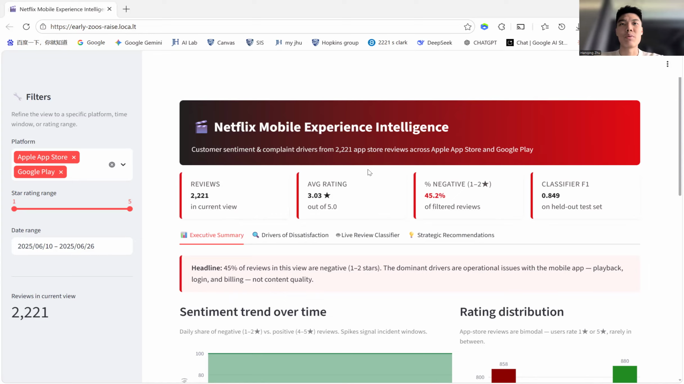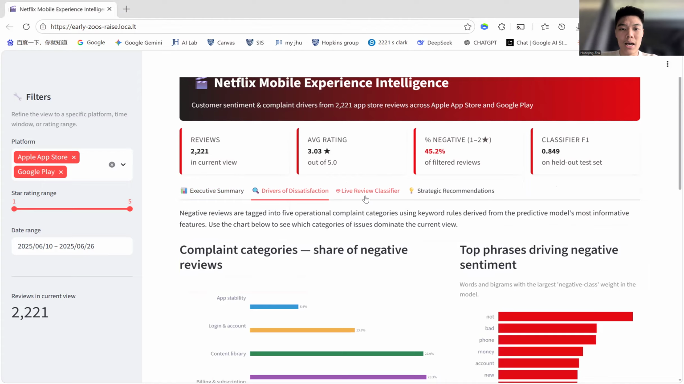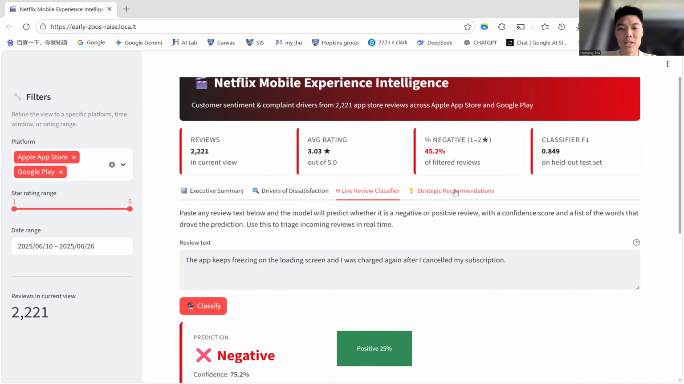So the dashboard is structured around four strategic questions. Are our mobile users satisfied? Is sentiment getting better or worse over time? What are users actually complaining about, in categories we can fix? Can we automatically triage every new review as a real-time signal? And where should engineering invest to move the retention needle? Each tab maps to one of those questions: executive summary, drivers of dissatisfaction, the live review classifier, and strategic